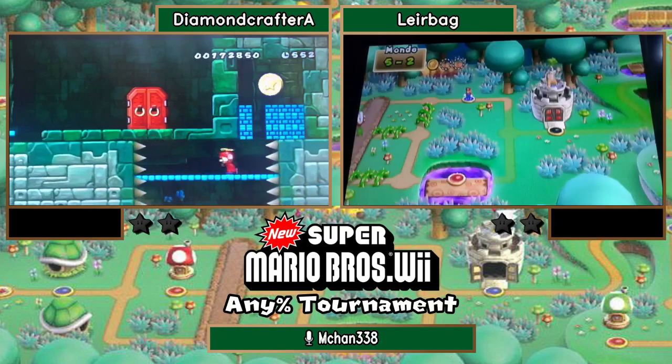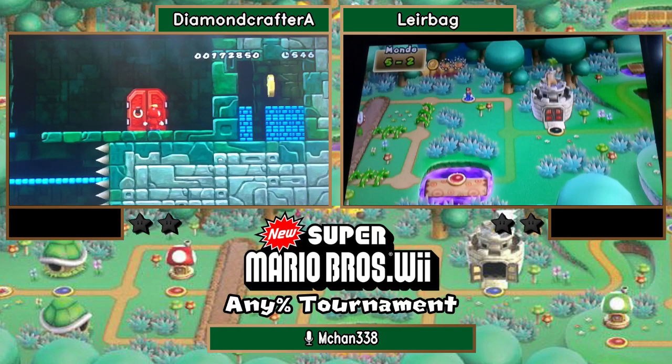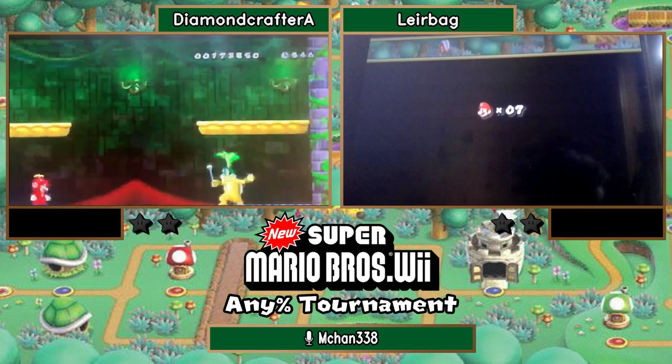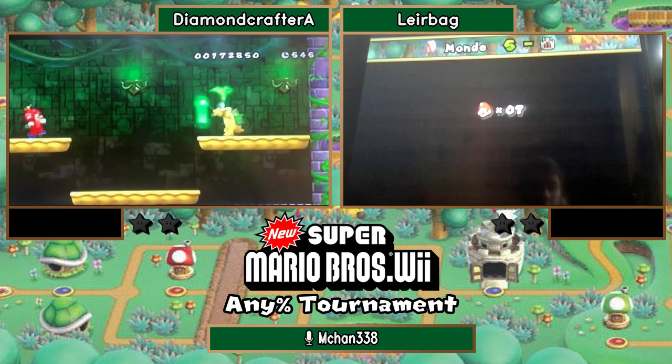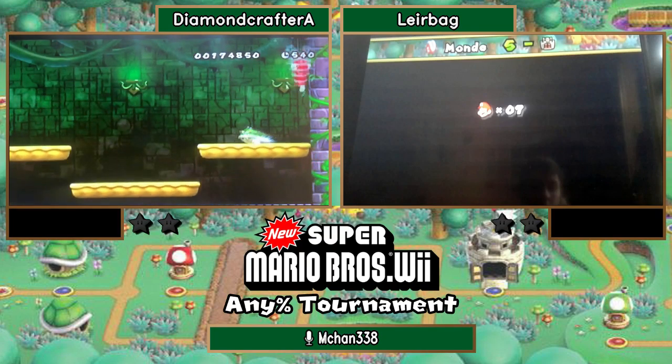Unfortunately, DCA made some mistakes there, so he wasn't able to go for what is commonly known as 5-5-6. Almost got that star right there. I thought he was going to go for it just for the memes because he has to wait for this spiky wall to progress, but not so much. So now he's on to the